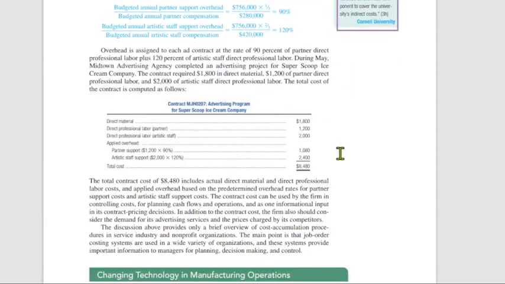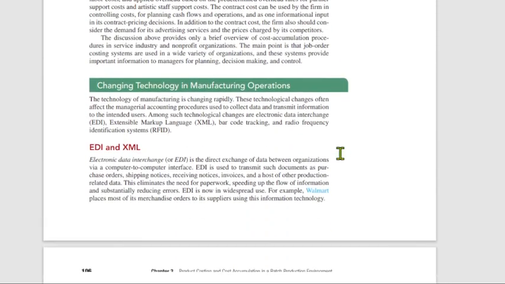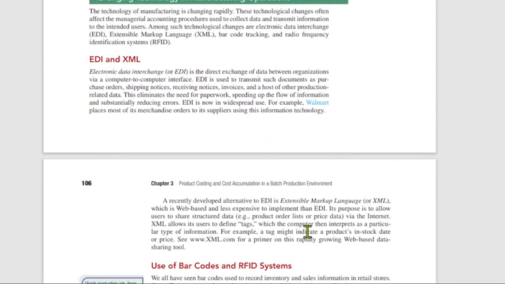Okay, I think we're done with this. Okay, let's just have a quick analysis of these major technology updates in manufacturing operations, the use of EDI, the extensible markup language, and the barcode